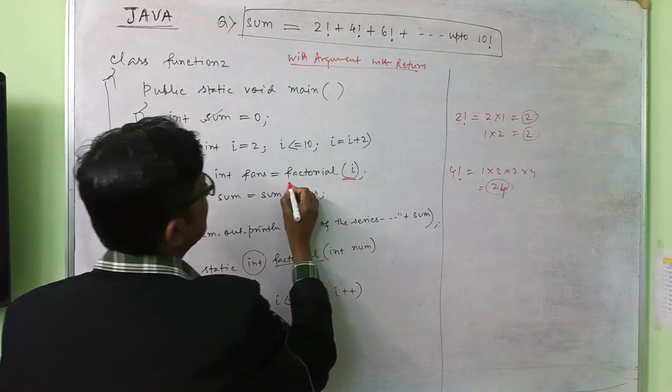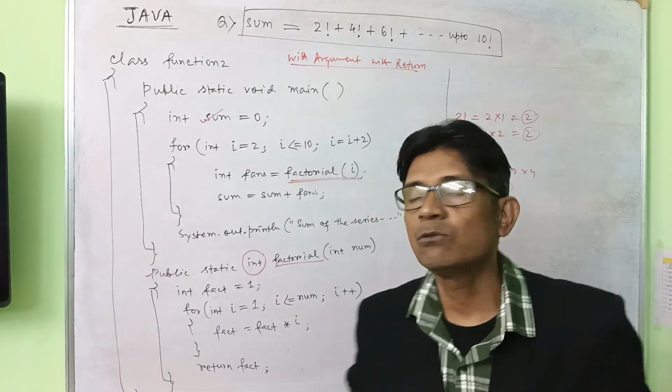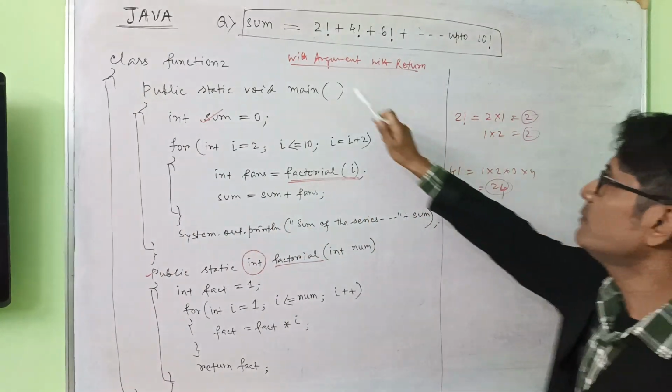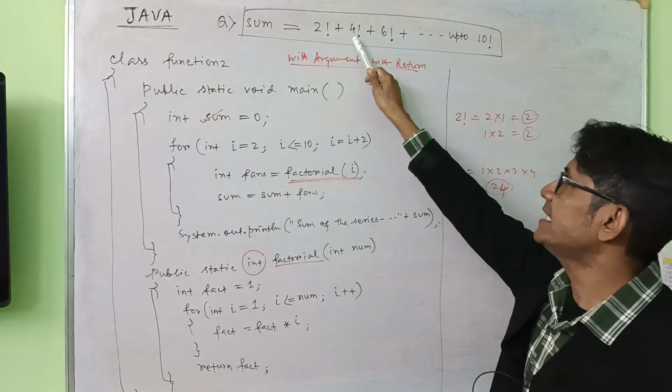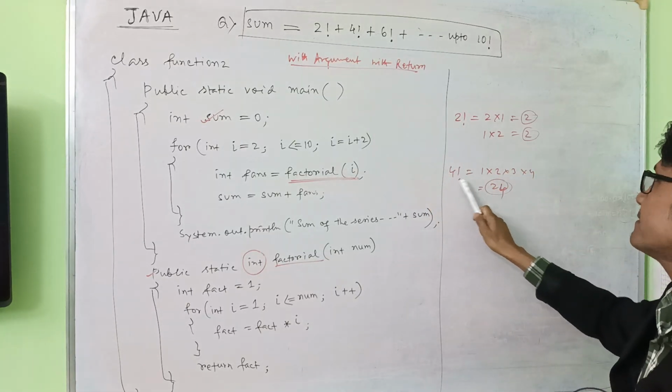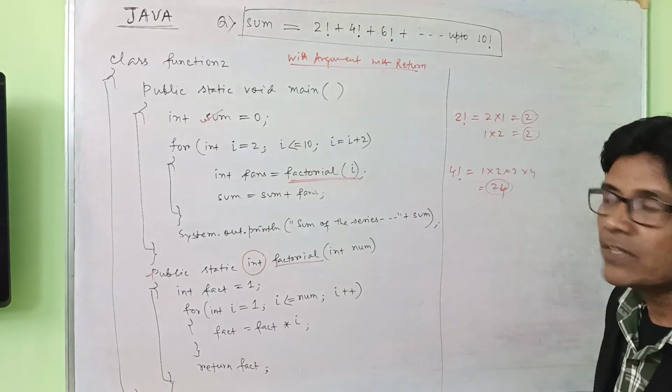Inside the main I have written another function, that is factorial. This factorial will do the calculation like this. Whenever we get 2, we will do the calculation of this. Whenever we get 4, we will calculate 4 factorial, which is 24. This symbol is called factorial, meaning this is the process. Now let's see